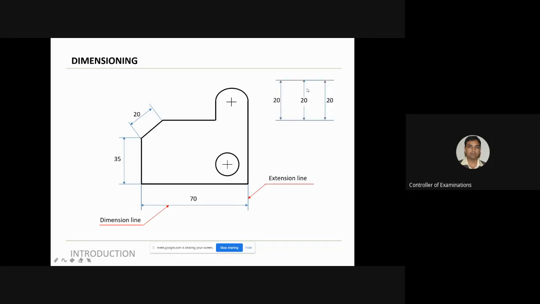This is another way for vertical dimensions. You can position it either to the left side, to the right side, or exactly in the middle. Whichever style you want to follow, you can follow, but please be consistent with the style. For example, if you are following this style where you are placing the dimension value in between the dimension line, then see that this is followed for all dimensions. Don't mix them. For some dimensions it is in the middle, for some it is below, for some it is above. That is not recommended. You get used to one particular style and use it in the entire drawing. That is what is recommended.